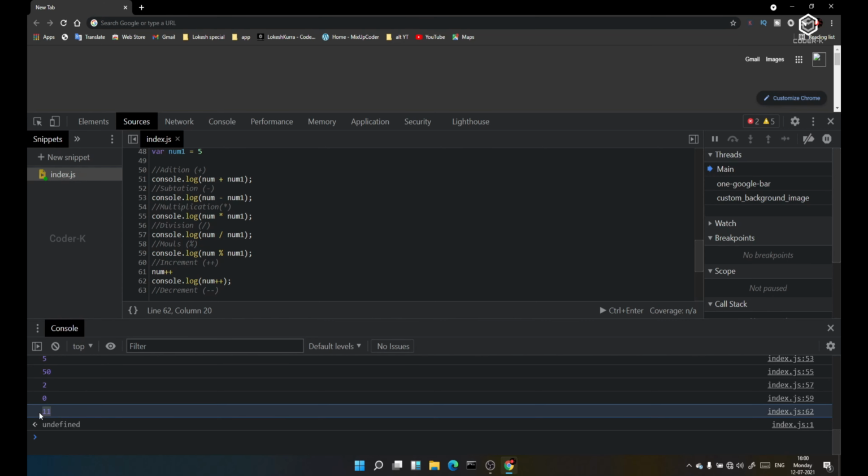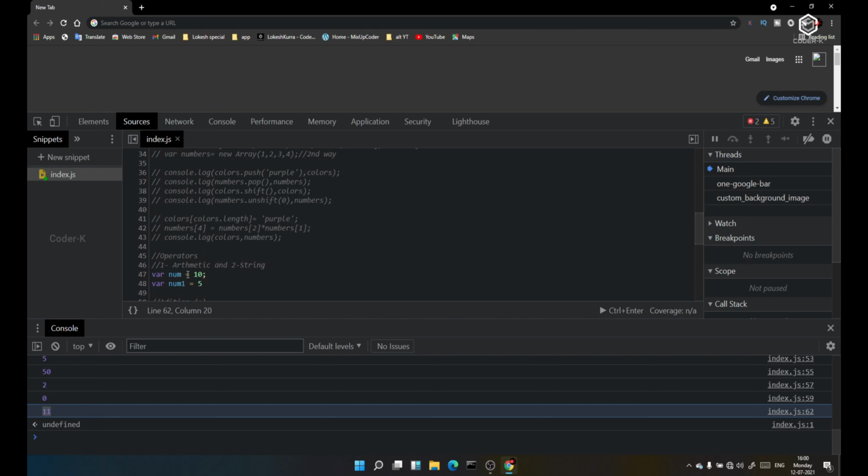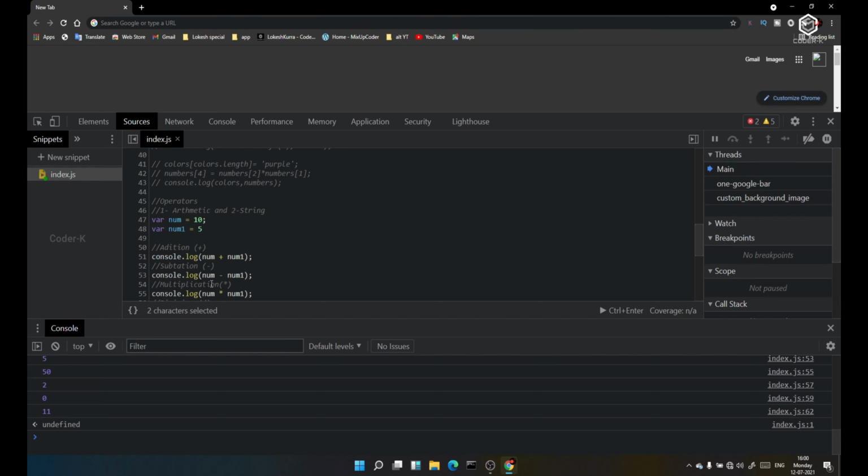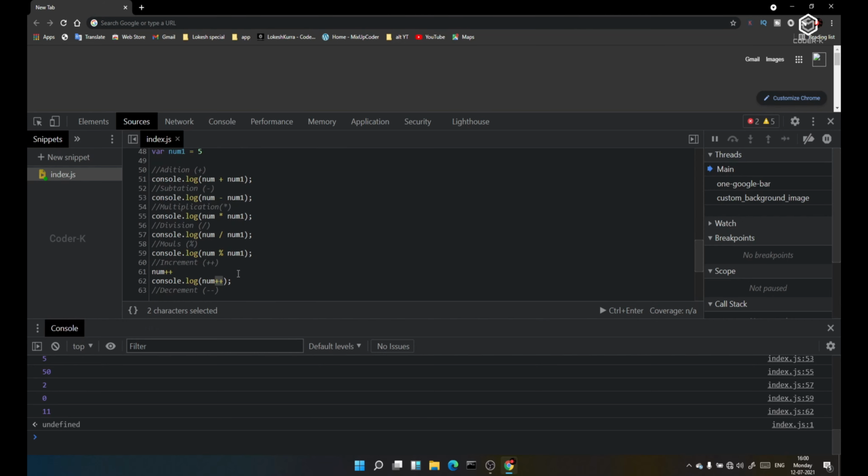It added a 1 to the num 10. While coming to plus plus, it adds 1 and goes, if it is 11, it adds and gives 12.